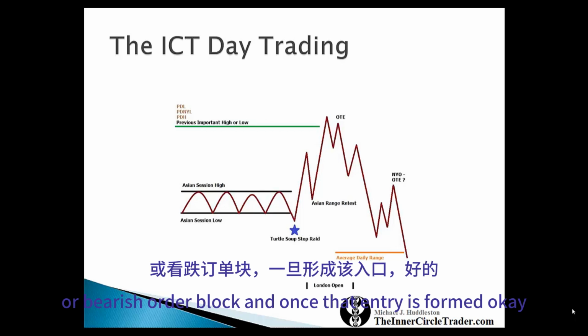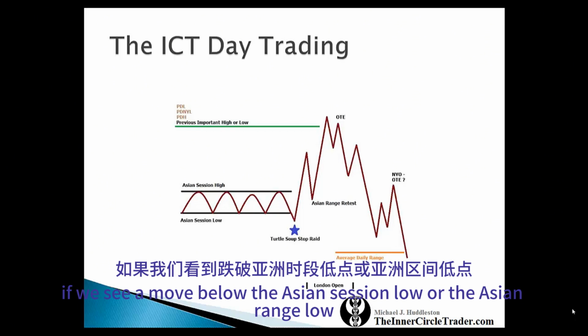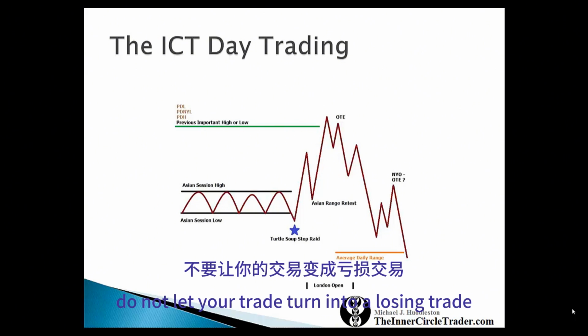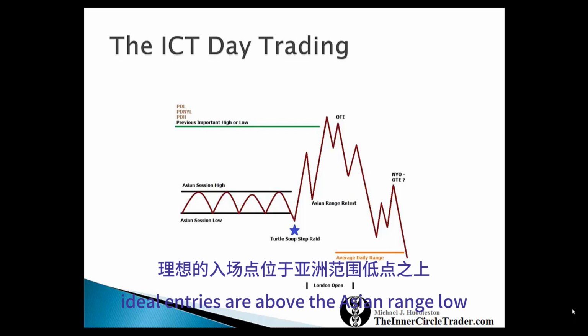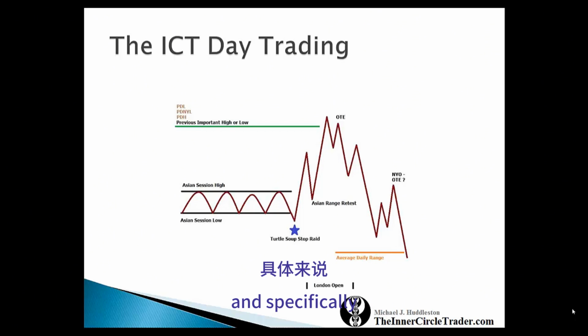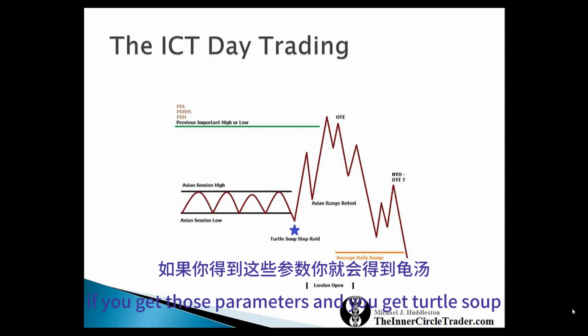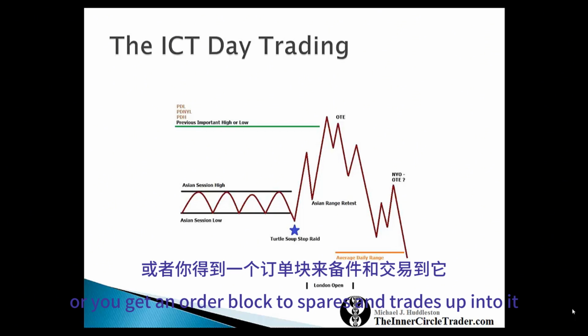And once that entry is formed, if we see a move below the Asian session low, or the Asian range low, once that happens, you need to put your stop loss to break even. Do not let your trade turn into a losing trade. Ideal entries are above the Asian range low, and very high probability if it's entered above the Asian session high. If you get those parameters and you get turtle soup, or you get an order block that's bearish and trades up into it,